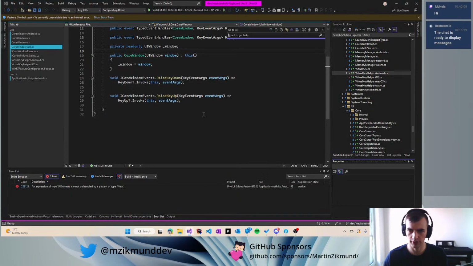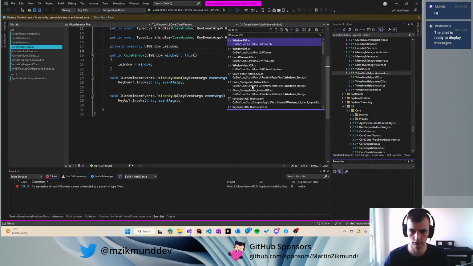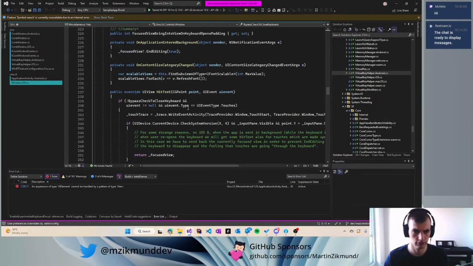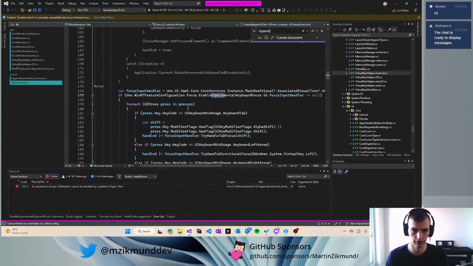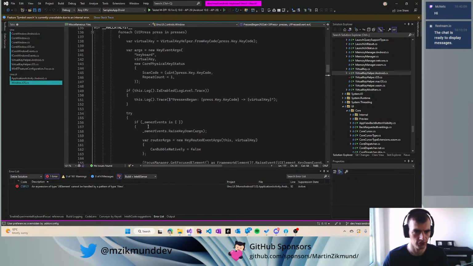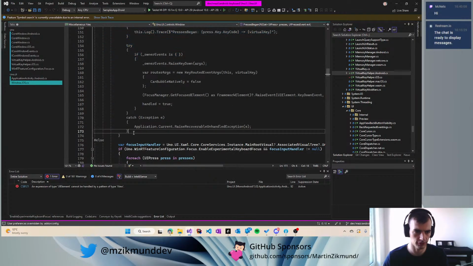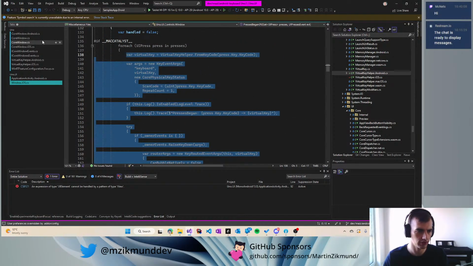Let's see, window iOS. It should be this one. Experimental keyboard focus, yes. So it's been put here before the focus event handling. So I will do the same thing